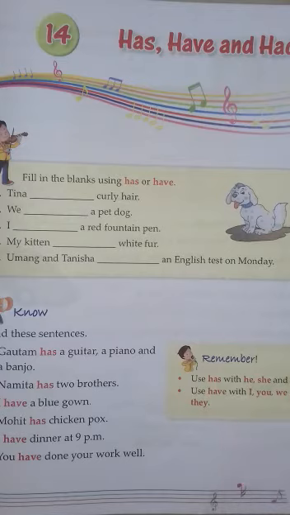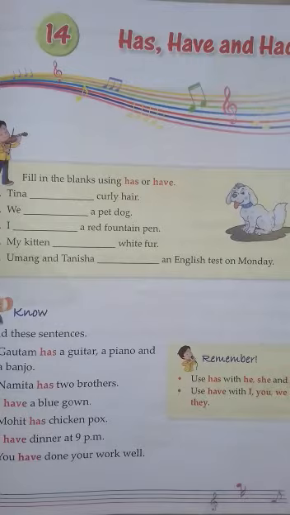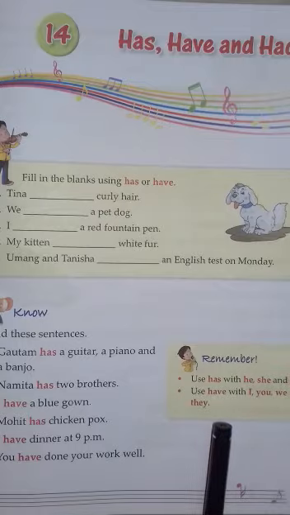At first I will say that has and have both tell us about the present. We have already learned about time. In my last class, I taught you that time is divided into three periods, right? Present, past, and future. So has and have both mean the present.